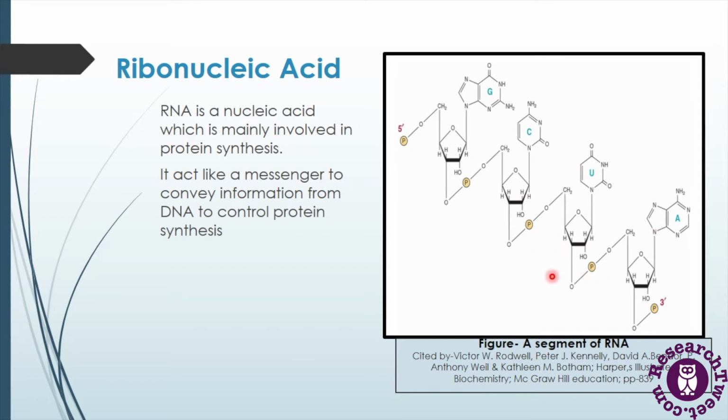and a backbone of ribose sugar with phosphodiester bonds. Unlike DNA, RNA is mainly involved in the process of protein synthesis. However, it also acts as genetic material in many organisms, like in many RNA viruses where RNA is found as the genetic material, but this is not its main function. So RNA acts like a messenger to pass the information from DNA.